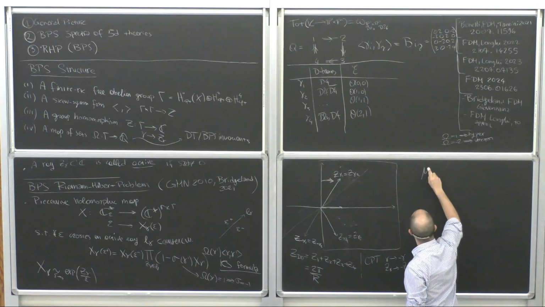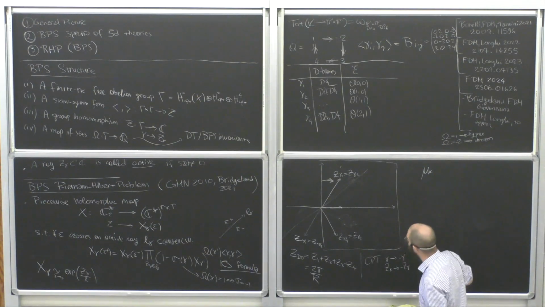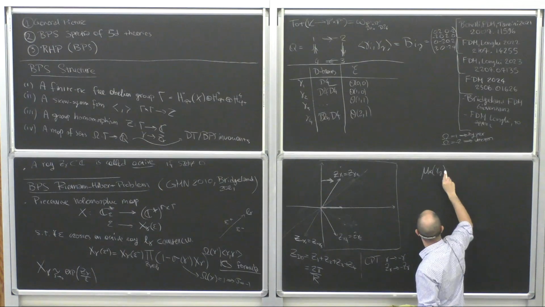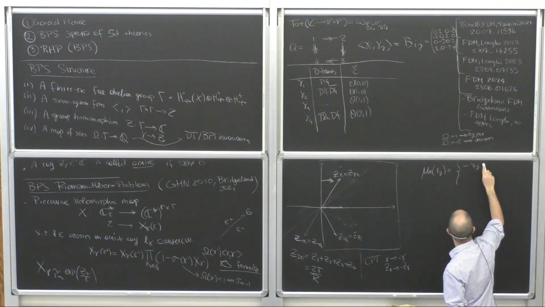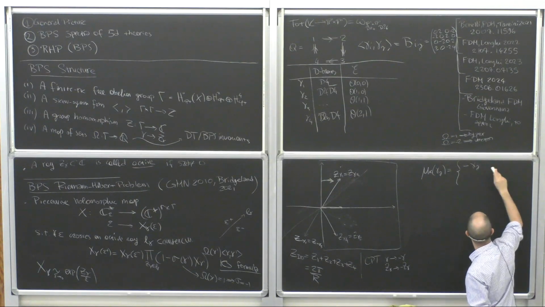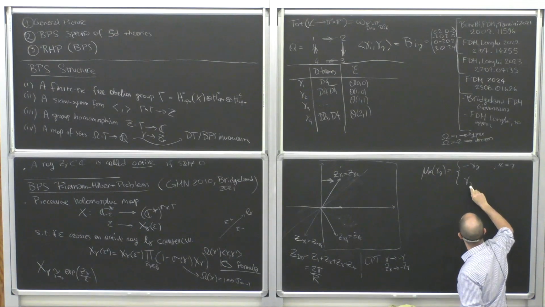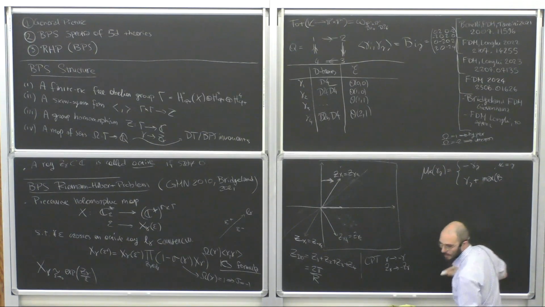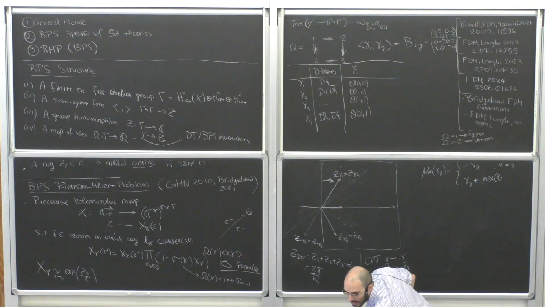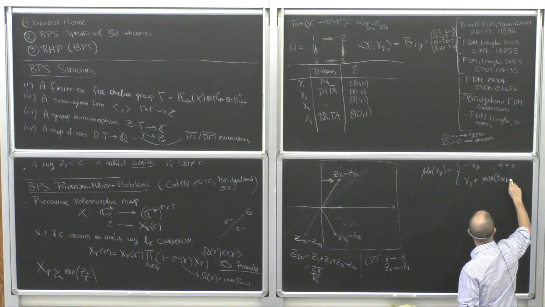So if I mutate on the ray k, the change of basis is minus gamma j if k is equal to j, or gamma j plus the maximum between B_kj and 0